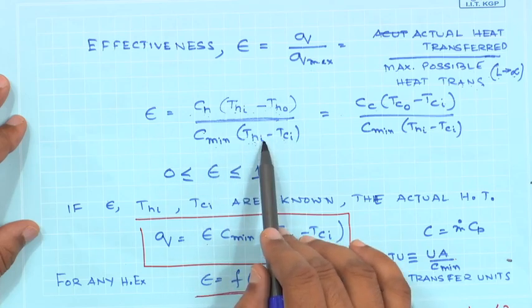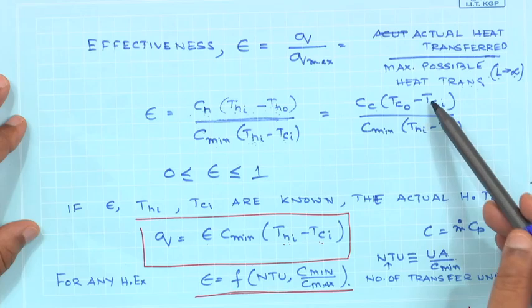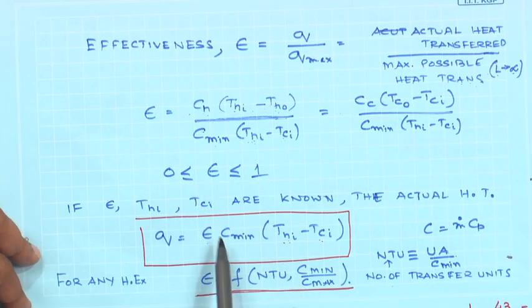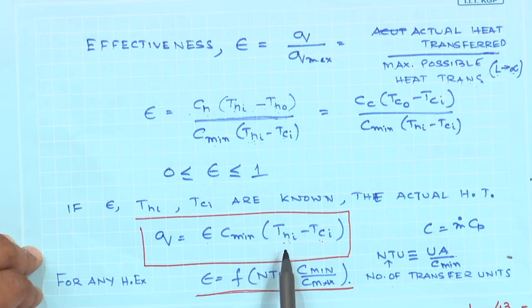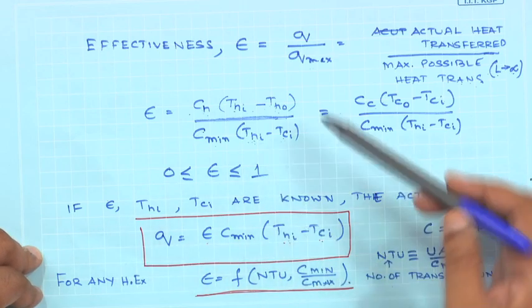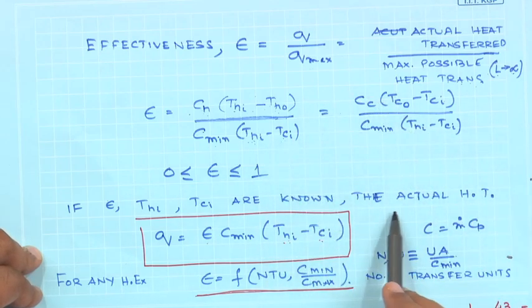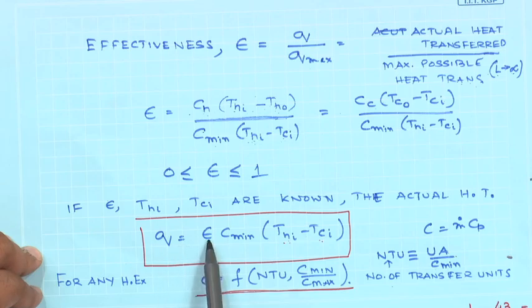So, it is C minimum times Thi minus Tci, and as you can see from the definition, the epsilon will lie between a value of 0 and 1, and if we know the value of epsilon, the value of Thi and the value of Tci, then the actual heat transfer is simply going to be Q equals epsilon